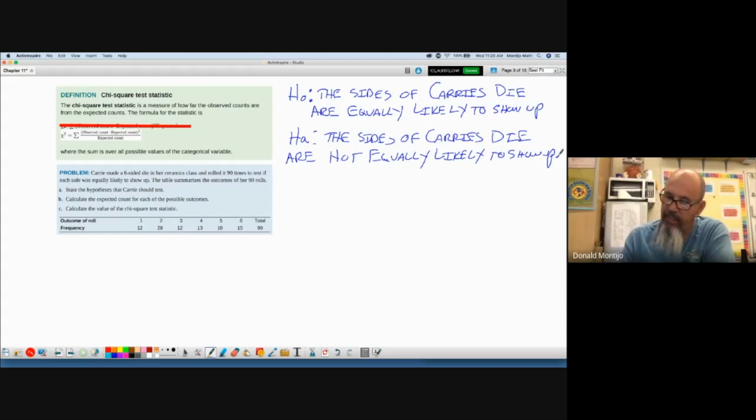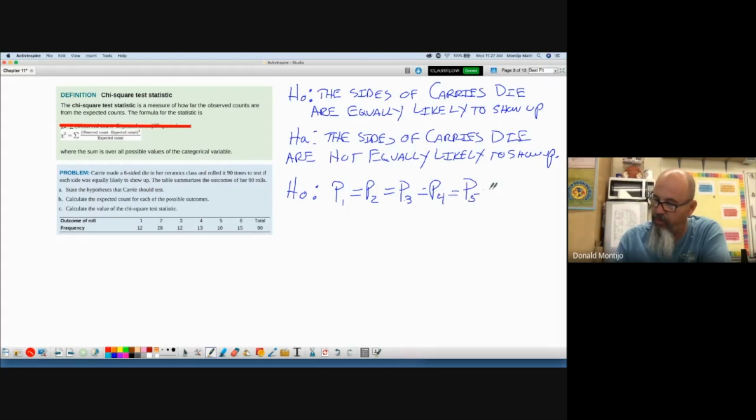So what are we really saying? We could write it like this and say that the proportion of ones is equal to the proportion of twos, which is equal to the proportion of threes, which equals the proportion of fours, which equals the proportion of fives, which equals the proportion of sixes, and they all equal 1/6. Because if they are equally likely, then the proportion of times that each number would appear would be 1 out of 6. And then the alternative would be